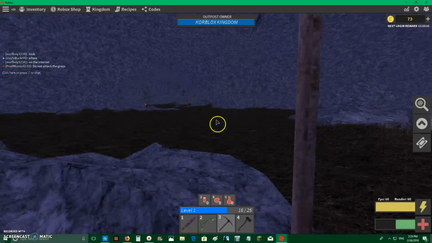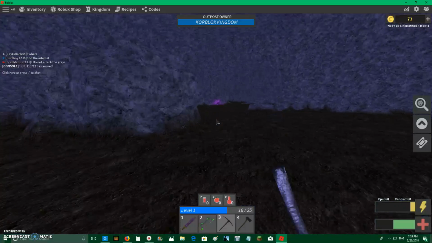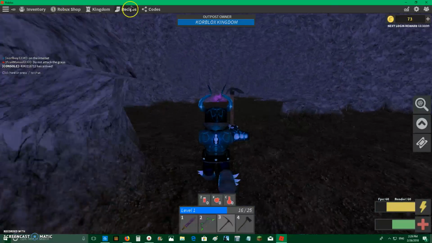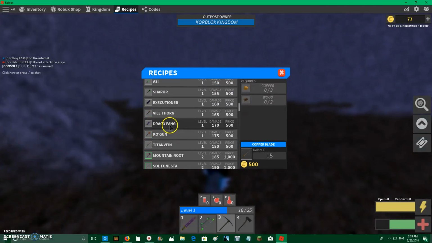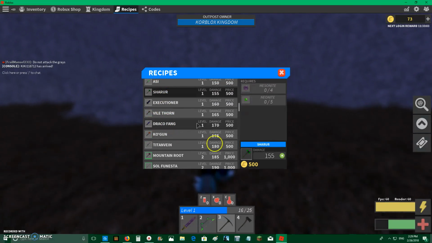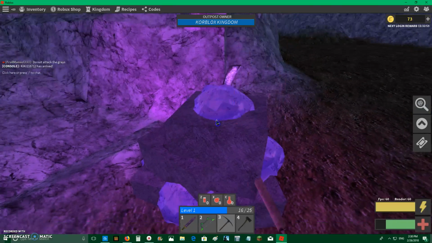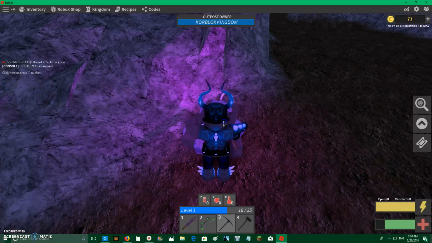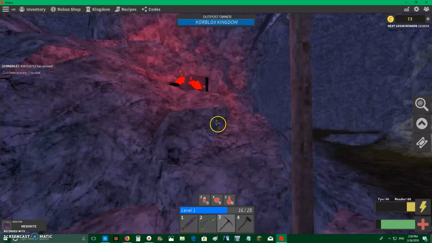Now, let's go find some ores. Is that Mesonite? Yep, that looks like it. Okay, so right now I am trying to make the Sharer. I need 5 neonite and 4 Mesonite. You can craft Mesonite by using...